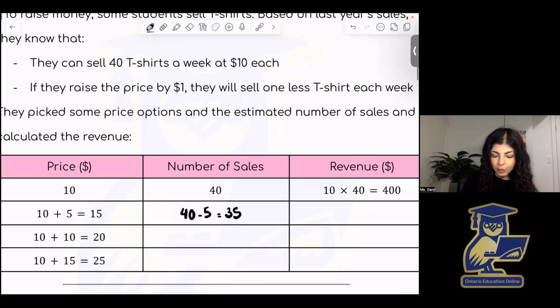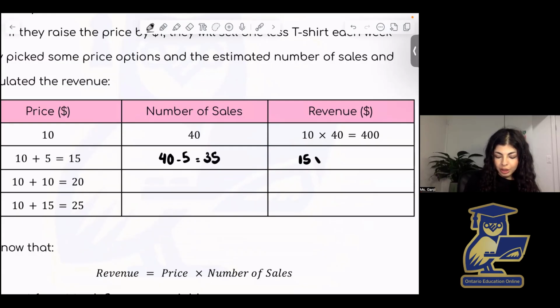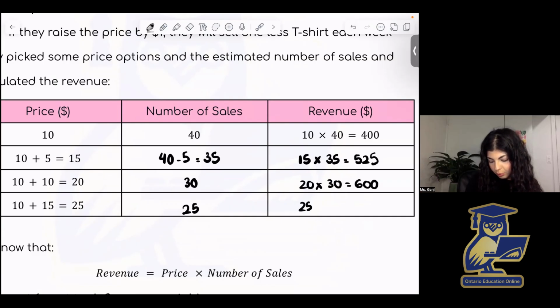And then our revenue will be the price of the shirt times the number of sales, and that's the formula you have at the bottom, 35 here. So this will be 525. And then the rest of the table would be filled out as such. So here we have 30 times 20, or I'm going to follow that same format. So 20 times 30, and then 25 times 25. And the reason I switched my order is now you can see these growing by 5 and these decreasing or